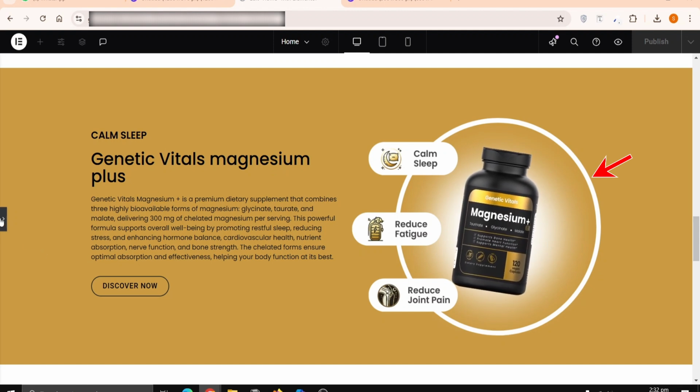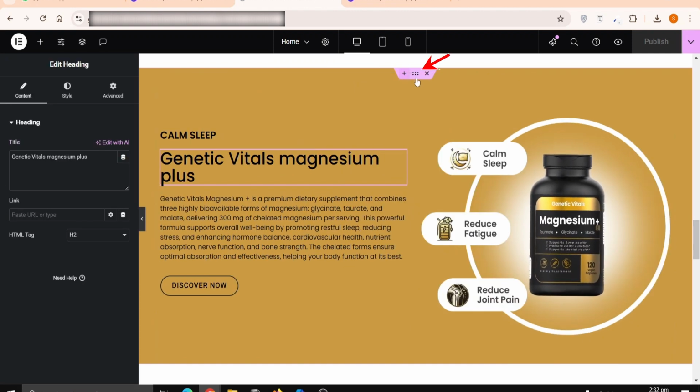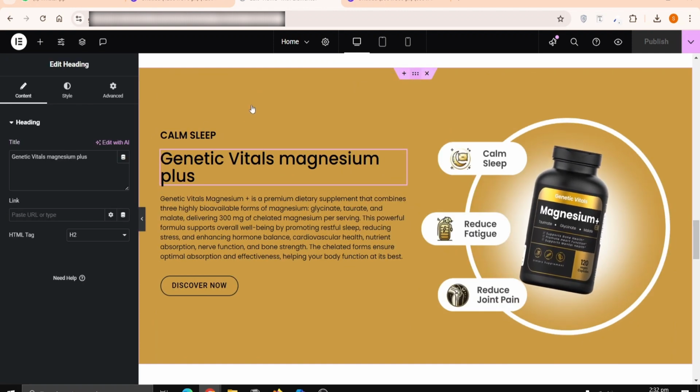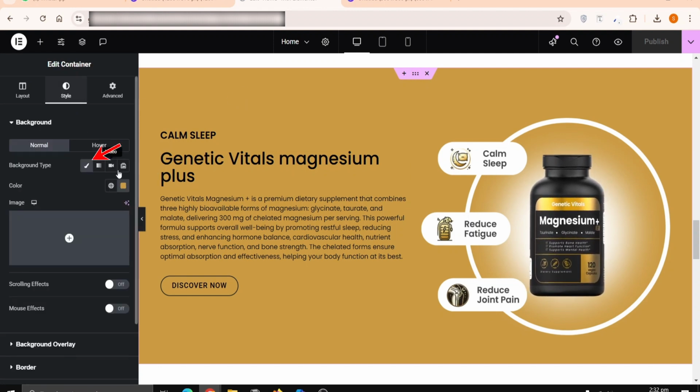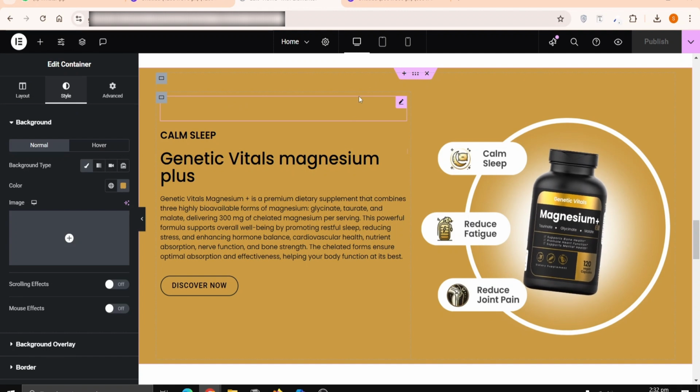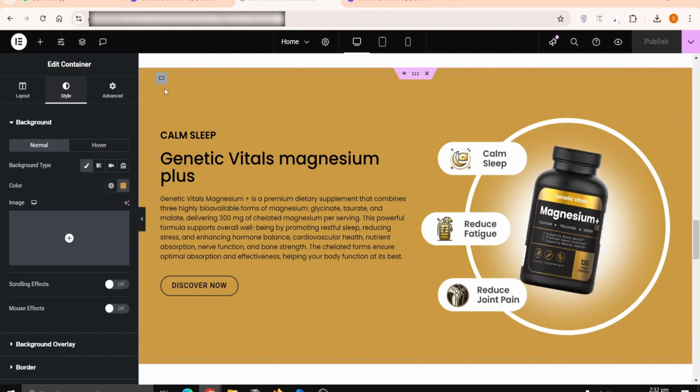So let's go to Elementor. First you have to create a main section and give it the background color of your choice. I have given it the golden color, which was my theme color. Then I added a main container, this one,